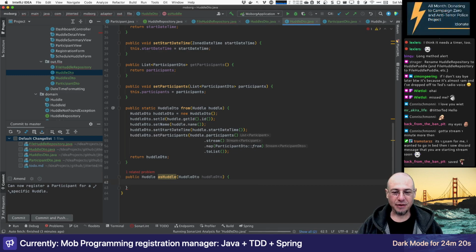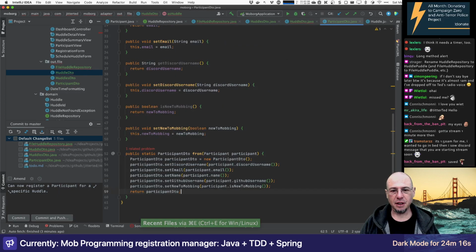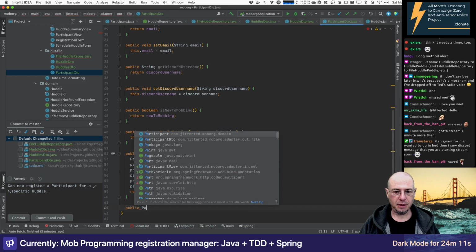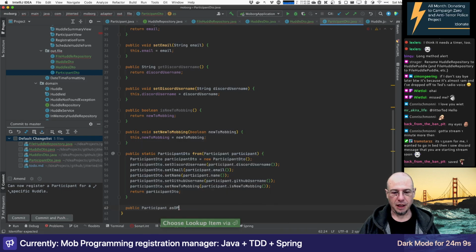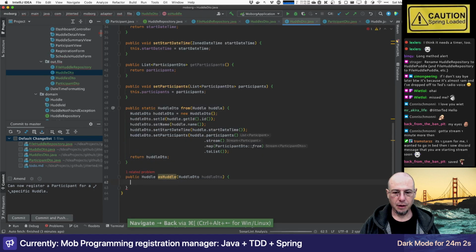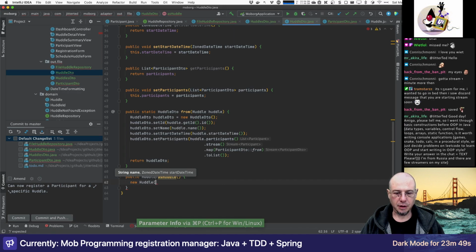All right, so we've got to convert, do the same thing here. We know we're going to need in the participant DTO a method that's going to be as participant. And this doesn't take a huddle DTO because it's on a huddle DTO. So from the huddle DTO,